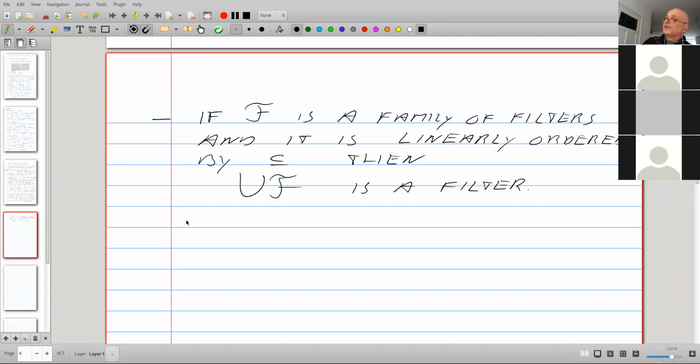Okay, here is one that is useful, very useful, and I'm going to prove this in a moment. We just saw if you take an arbitrary family of filters, then the intersection is a filter. If I take an arbitrary family of filters, then there is no hope that the union is a filter. For example,